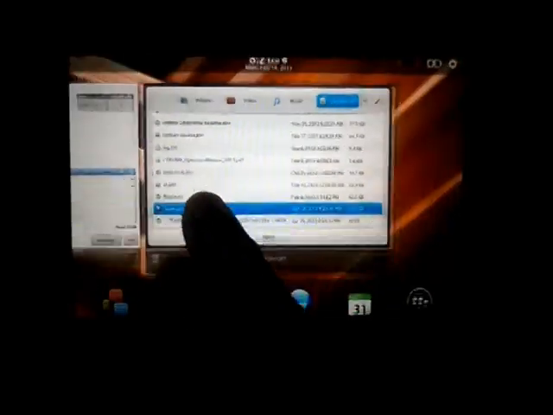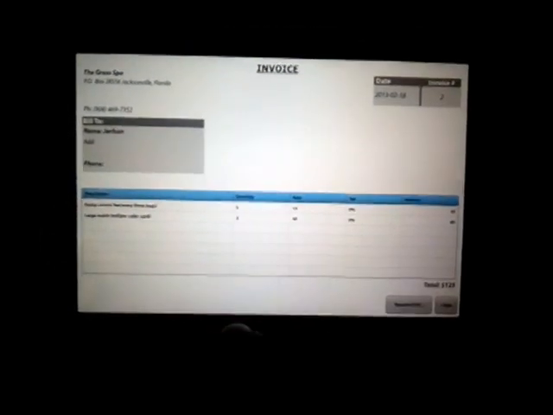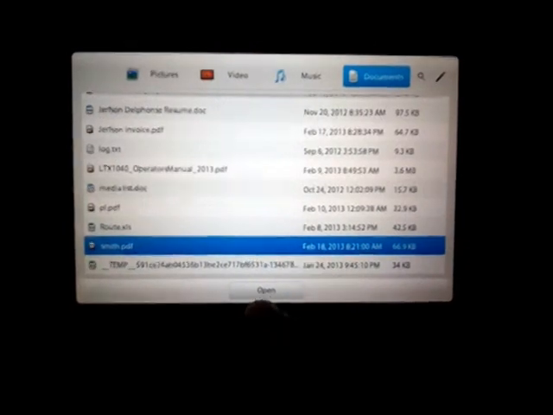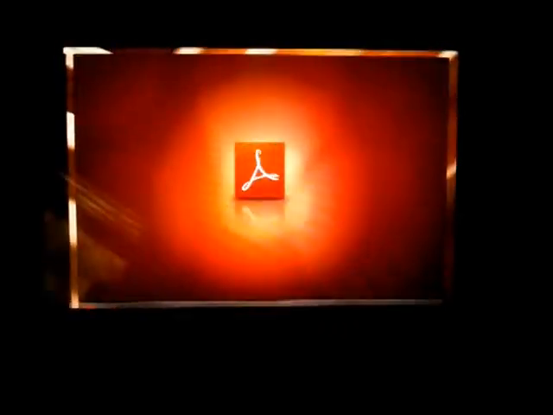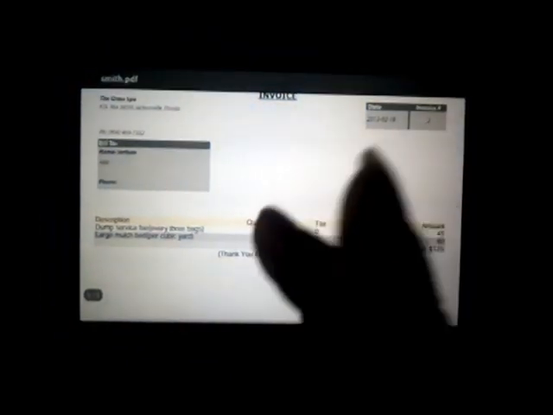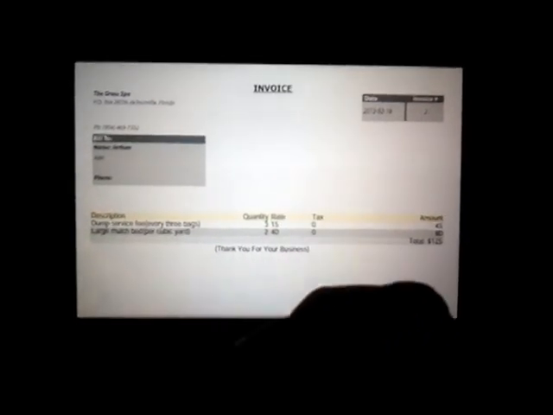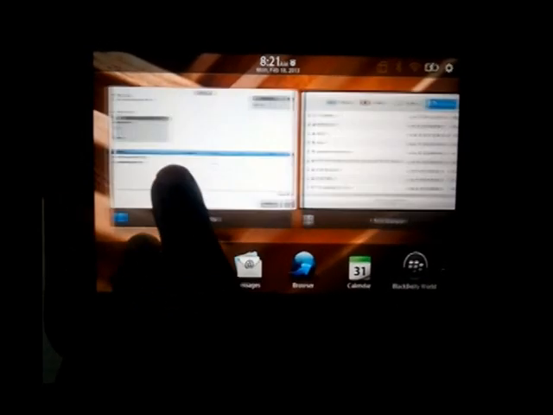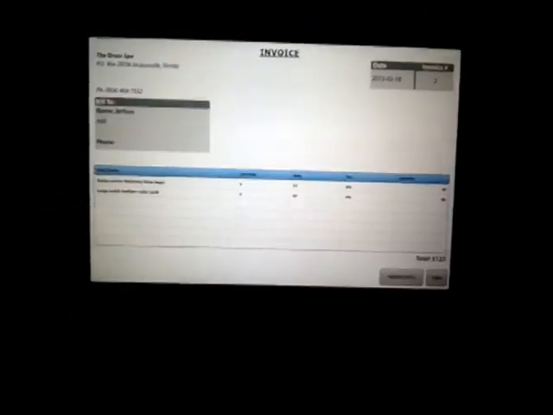So in the case where you want to send your customers an email, just so that you all know that is the file, Smith PDF, open. And there is the invoice, Smith PDF, to the top left, guys. Okay, the invoice formatting is going to be a little different. It's going to say thank you for your business, but everything is still going to be on there for the customer to know how much they owe you. So let's say you have your invoice and you're ready to send it to your customers. Best way to do that is